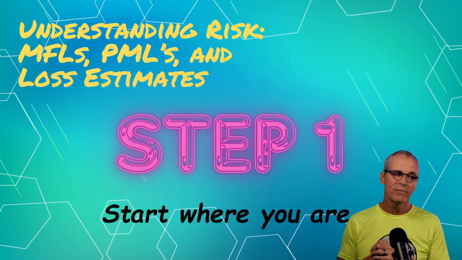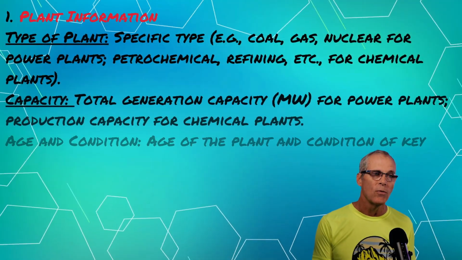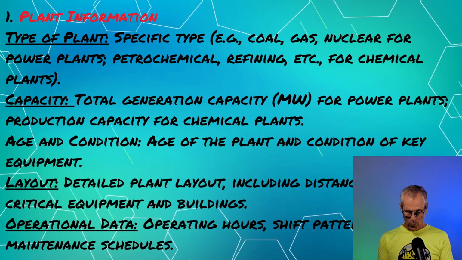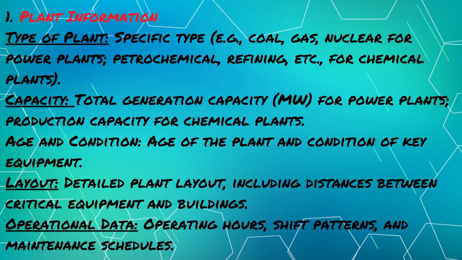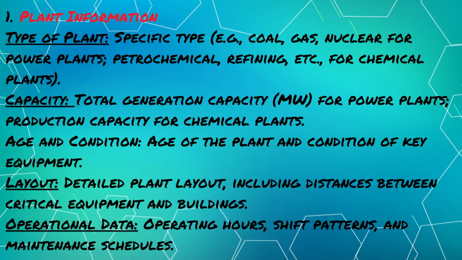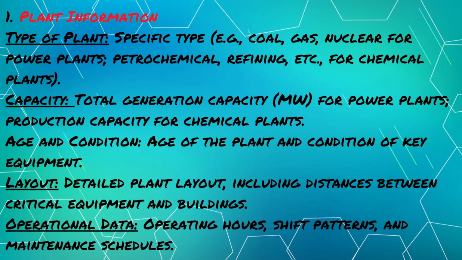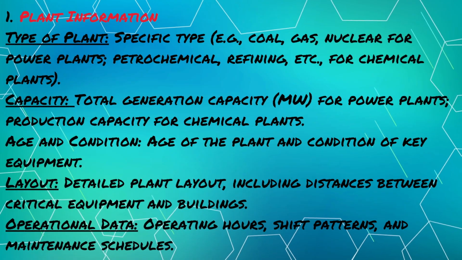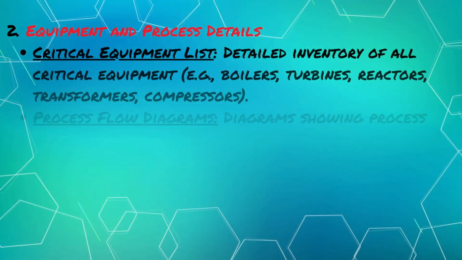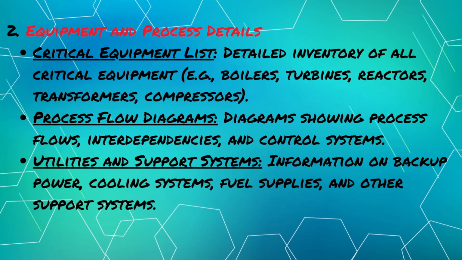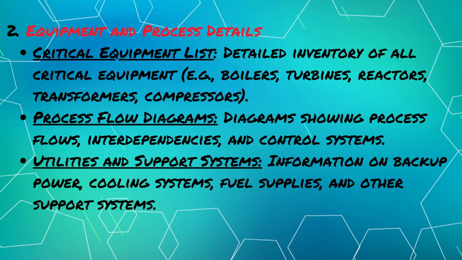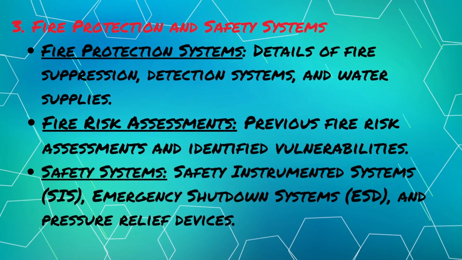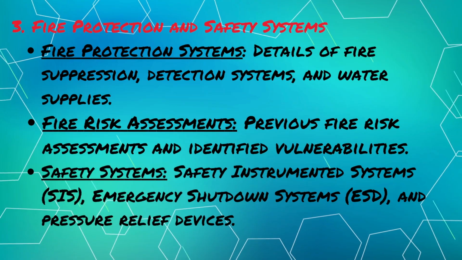So where do we start? Start where you are. Now I'm going to run through these pretty quickly. I'll get out of your way. What we'll do here is let you screenshot them if you want, but we're going to need to gather these 10 steps in order to put together a great MFL report. Need the plant information: type of plant, capacity, layout, operational data, equipment and process details, critical equipment list, process flow diagrams, utilities and support systems, fire protection and safety systems, fire protection systems, fire risk assessments, safety systems,